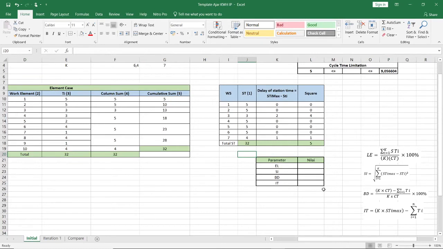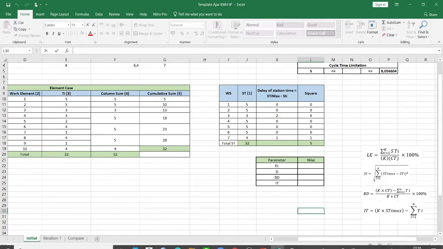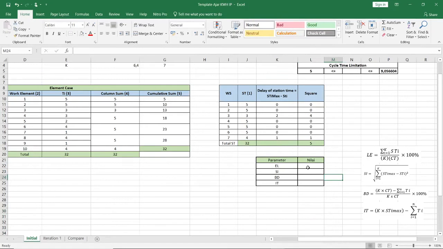This is almost the last part of this method. Now please pay attention to these parameters. First of all, I will work with line efficiency. Please pay attention to this formula.